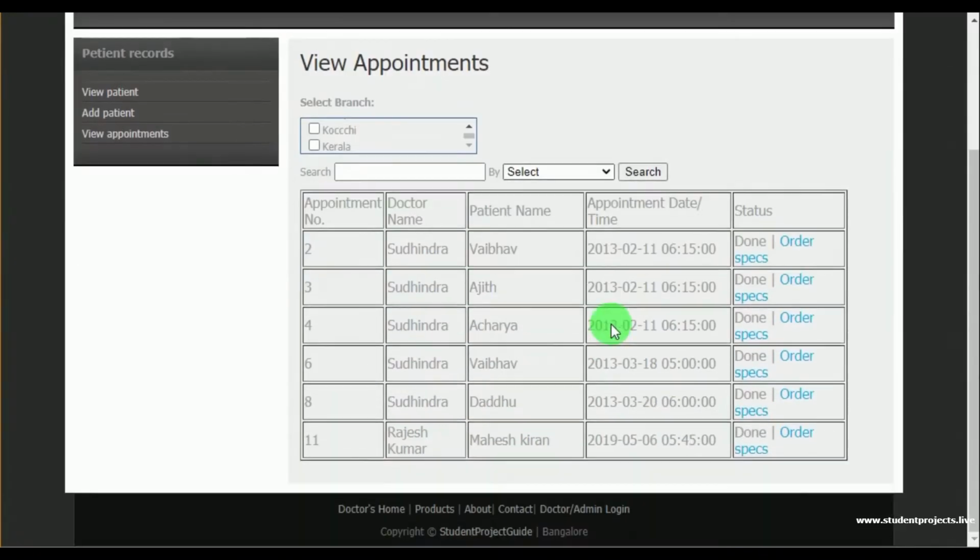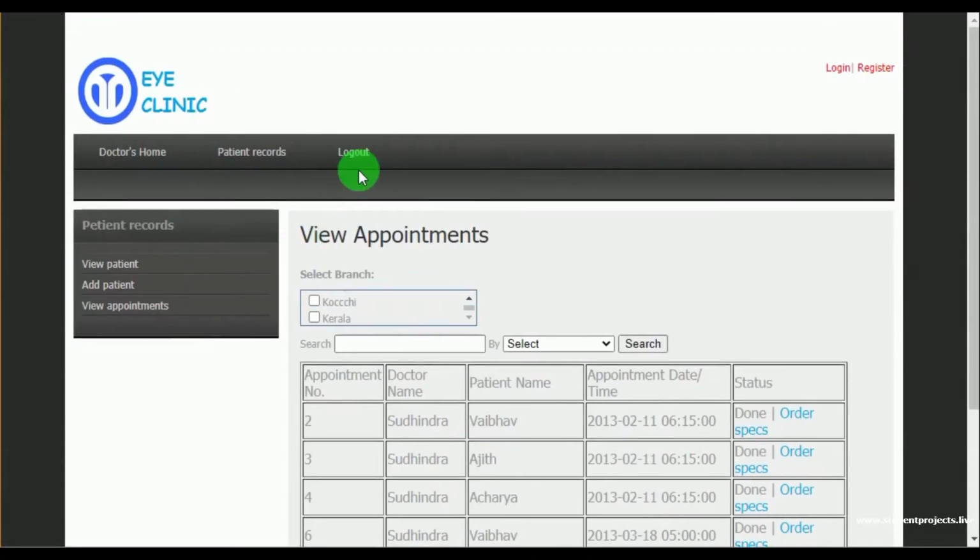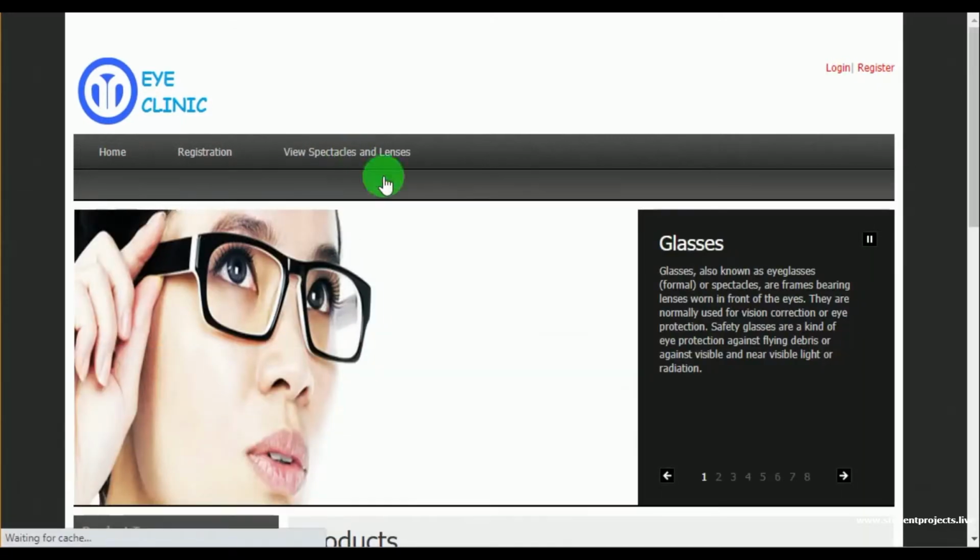Once the bill is generated, here now we can see that the patient details status is done. This is about the doctor. Once the doctor logs out, the control is redirected to the home page.